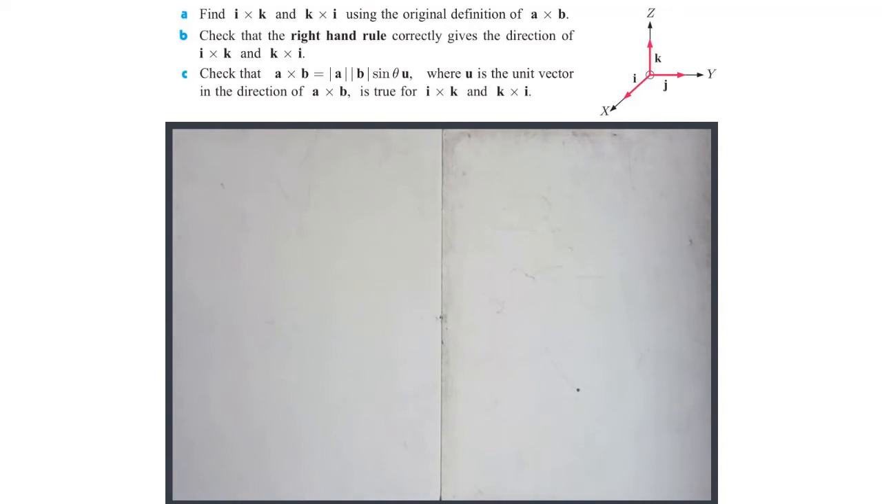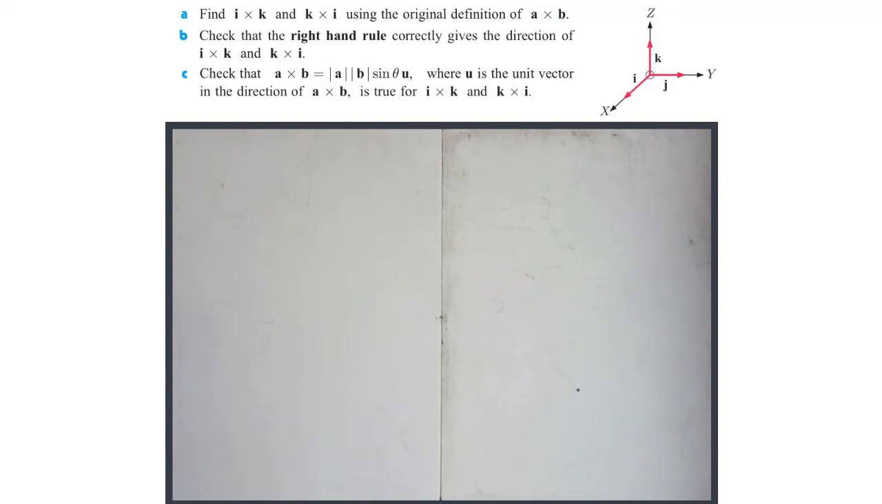Part B, check that the right-hand rule correctly gives the direction of i cross k and k cross i. Remember that the cross product will always be perpendicular, but it could be one way or another, so we'll look at that. Part C, check that A cross B equals the magnitude of A times the magnitude of B times